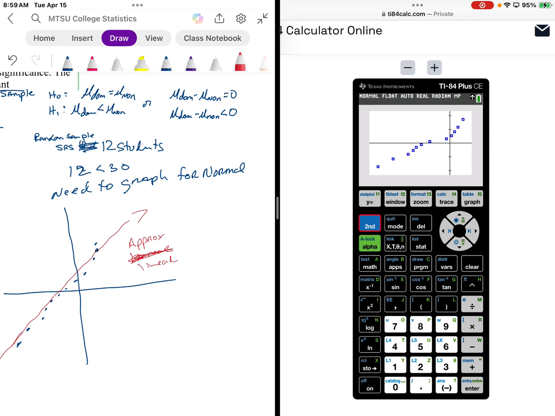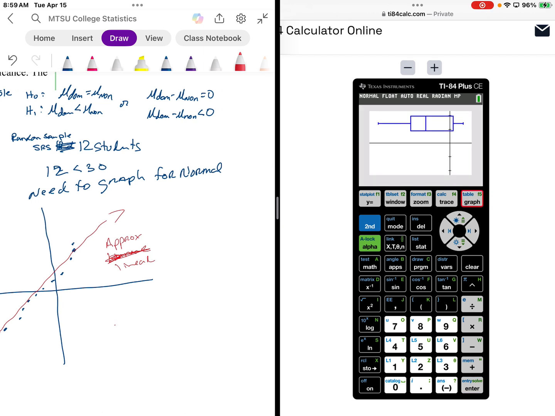So if I go second y equals, and I change my graphing to the fourth one, the one with the 2 dots, that's a box and whisker plot that actually has outliers, to indicate what the outliers are. So I'm going to press enter. I'm going to go back and hit graph. And then when I look at the box plot,